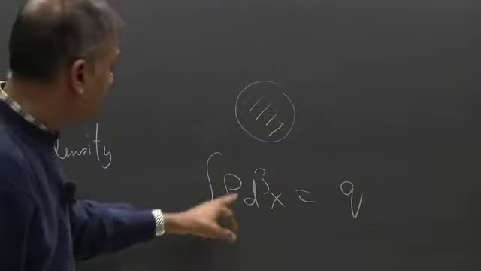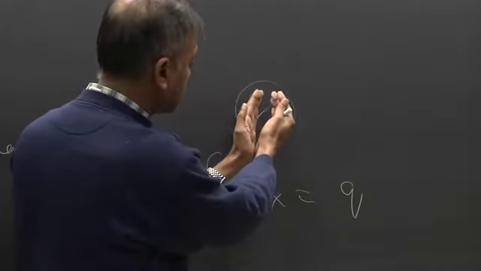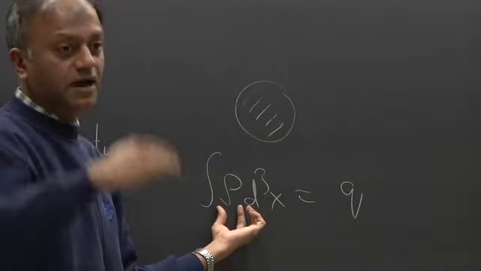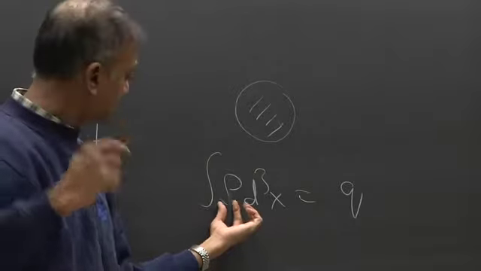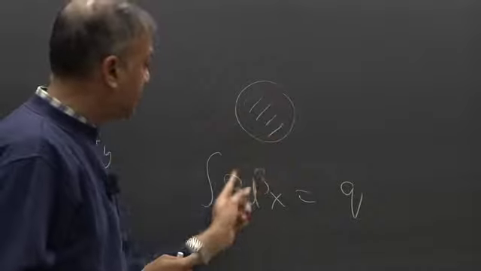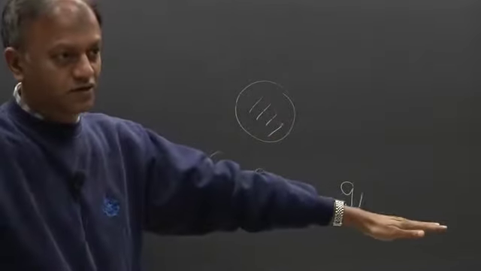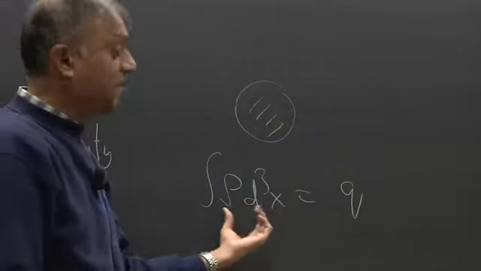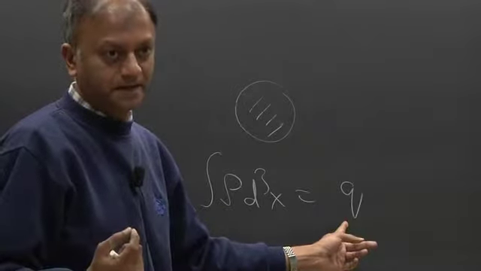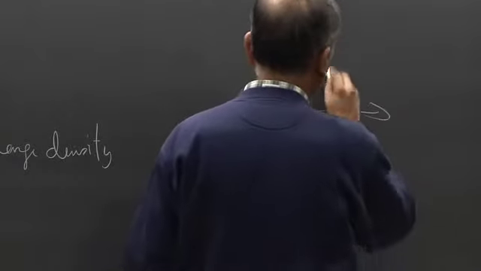So how can you accomplish that? Suppose you want to keep reducing the size, but keep the charge fixed. That would mean the density should become larger and larger, right? And in the limit where it collapses to a point, the density exactly at that point should become infinite. Everywhere else the density is 0, right? But the integral nevertheless is some fixed number, right? So I can take the point particle limit